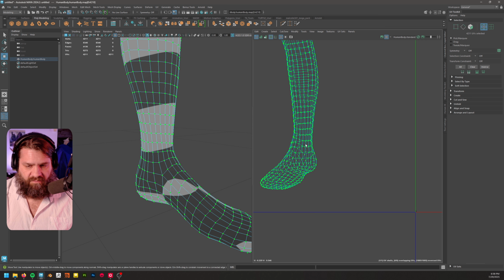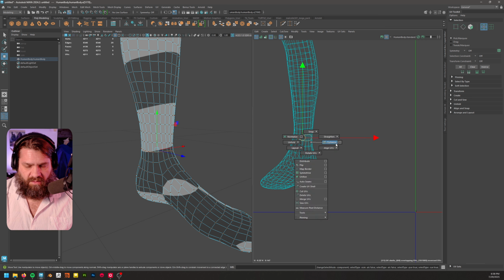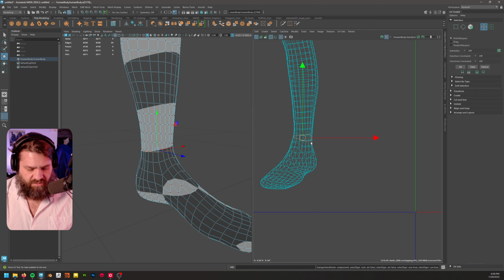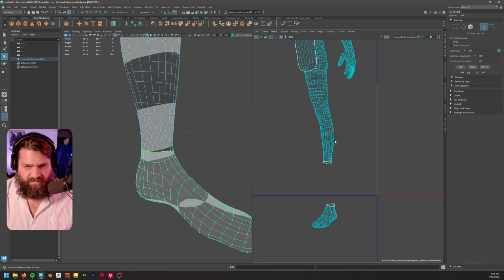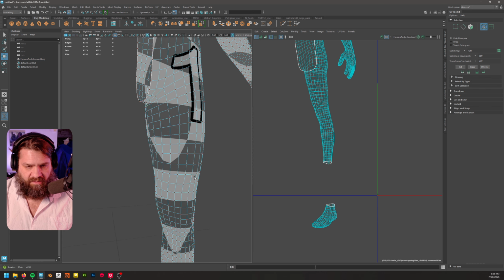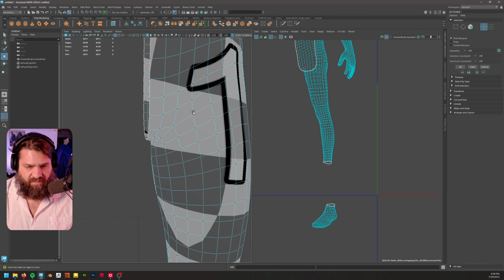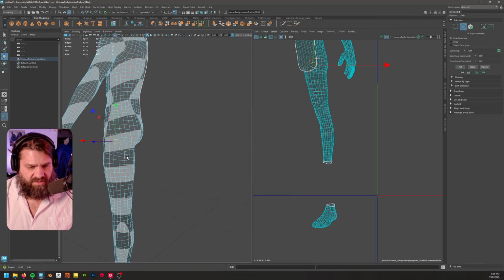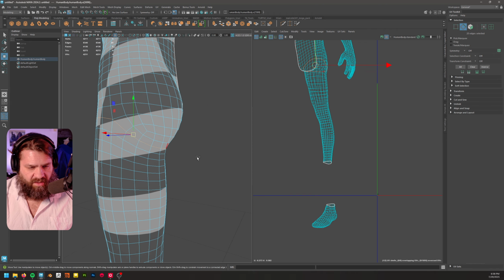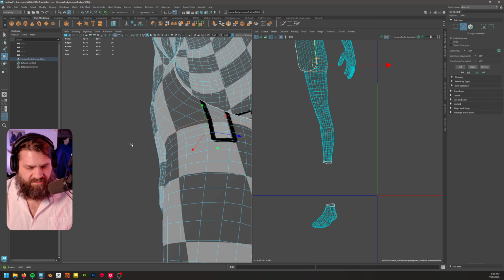Let's go Shift X to cut. Now we've got that cut there. The other area that I might cut around is around there. It goes around here, so I'm just going to select this one and then this one. So it goes around there. And then in the back of the leg there,